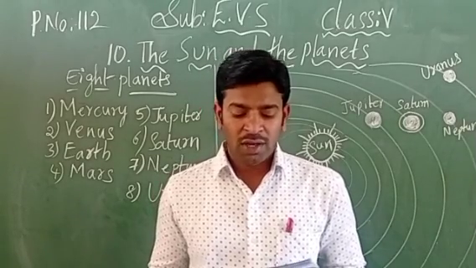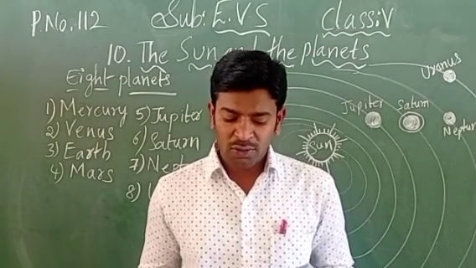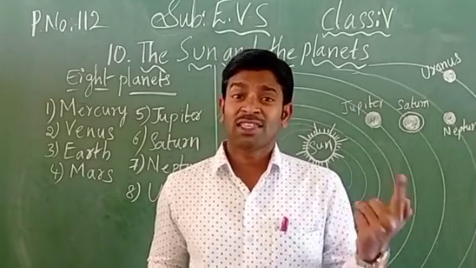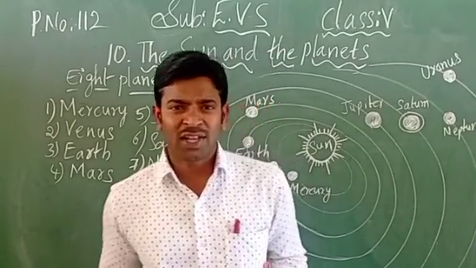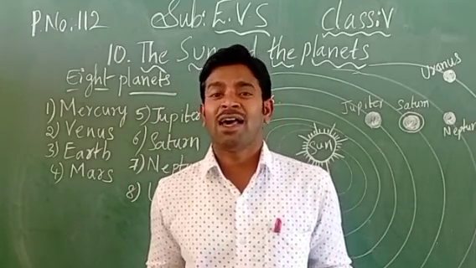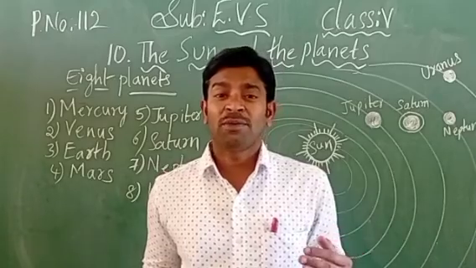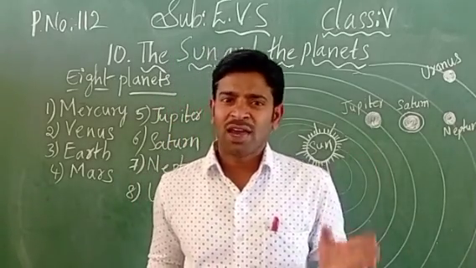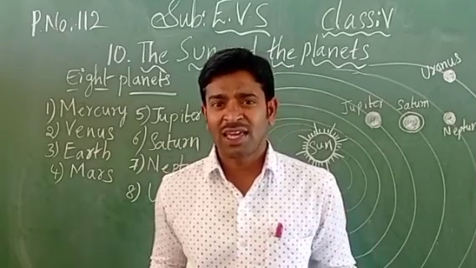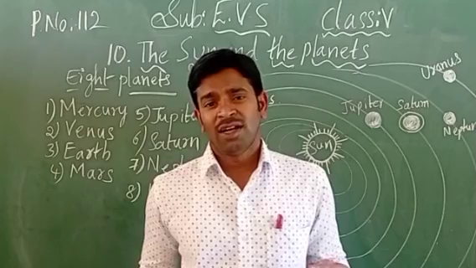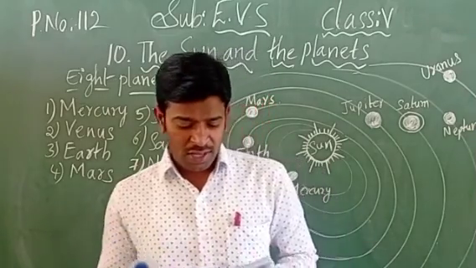Next one. What all do you see in the sky during the daytime? What will you see during the daytime? You cannot see the moon, children. You cannot see the stars. You can see the sun, and a clear sky. If it is summer, you can see the clear sky. If it is the rainy season, you can see the clouds. Yes or no? So in that way.